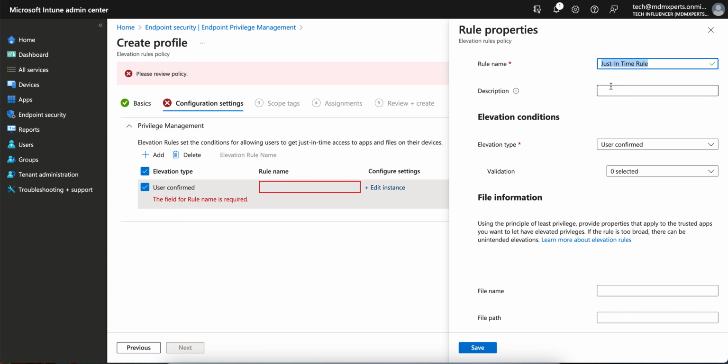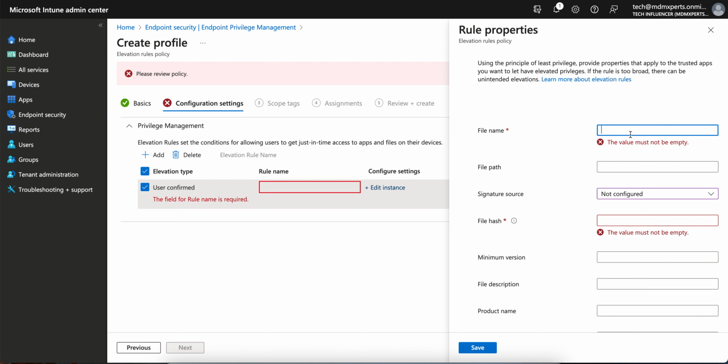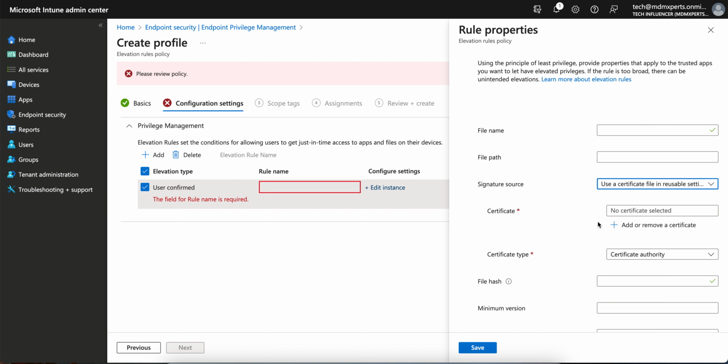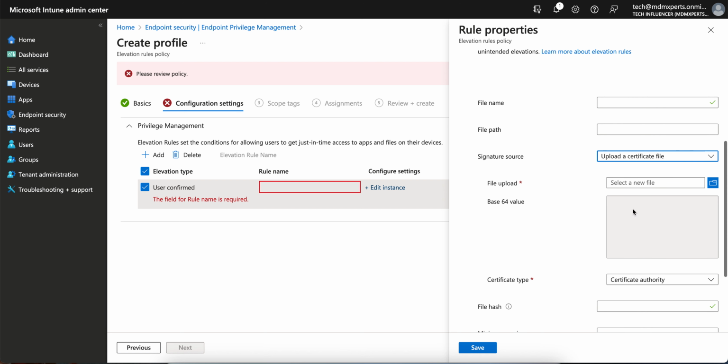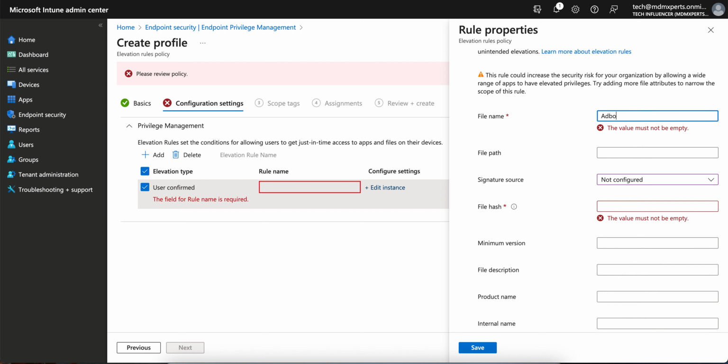For applications, elevation type is automatic or user confirmed. I'm selecting automatic or user confirmed, whatever justification or validation you want to give. And then you have to give the file name and file path here. These are not mandatory, but it's required. Upload the certificate or not configured. If you select not configured, then the file name is required, or certificate, or upload a certificate. So for the file name, you might want to give something like